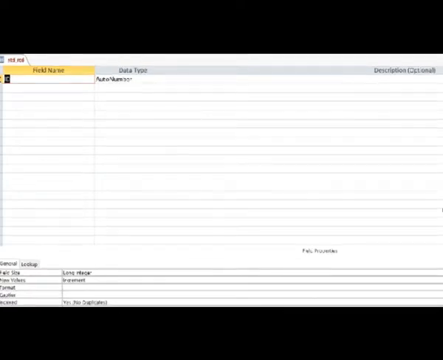Then relevant to the field name, you have to suggest some type of data, that is the data type column, and the third column is for the description or to put any remark, which is not compulsory, it is optional. Now let us start creating the table.